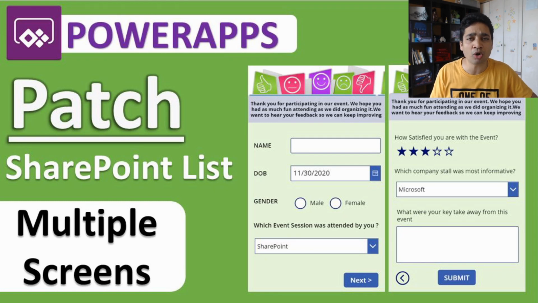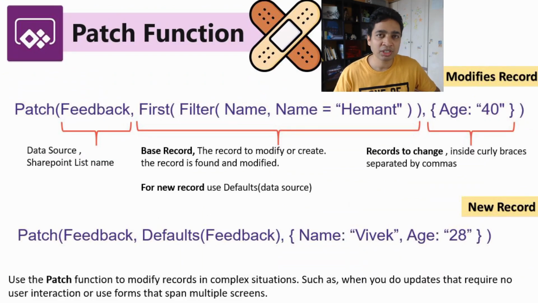Also we'll be looking into how you connect to multiple data sources in this video. So there are a lot of things that we'll be covering in this particular video, so stick with us to the end. Power Apps Patch function can be used to modify a record or add a new record into the